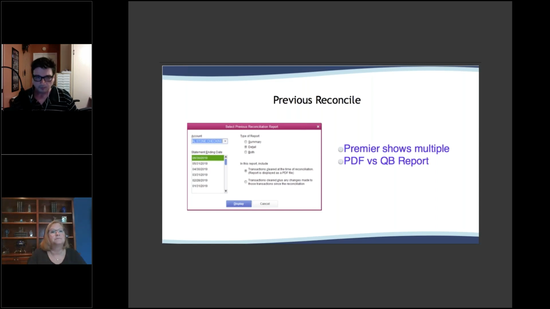Now, that PDF is a frozen moment in time. That's similar to what I compared to as taking a picture of your reconciliation. You can't modify the picture. There's no Photoshop with the PDF. So that's going to be that frozen moment in time when you did the reconciliation. So that PDF is going to be a good resource to pull up and see what you did at that time. But that doesn't tell you what happened after that, because that's typically what you're